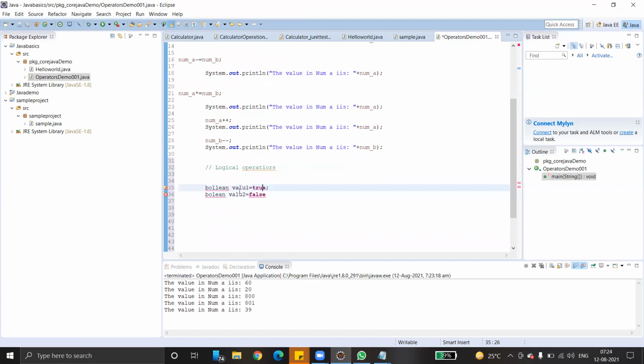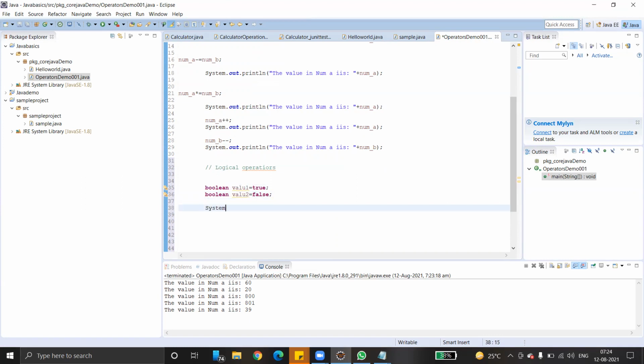So this is a Boolean type. Just give me proper namings. Boolean, the O is missing. Here also the O is missing. Very simple, two variables. What type is it? Both are Boolean type. Now you just apply AND, OR, and NOT, and let me know.